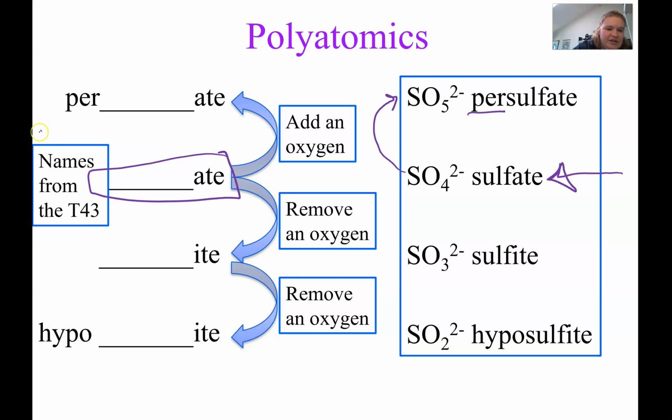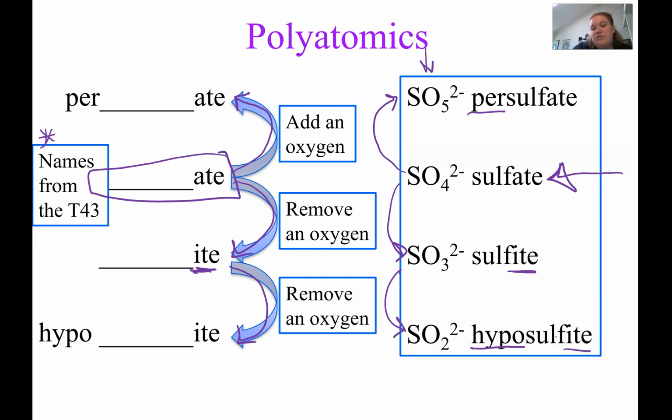So here's our starting point. Here's 8. These are the names from the T43. If we add an oxygen, we add per to the front of that name. Now notice the charge doesn't change. Everything in this column here is a 2- charge. We're changing the number of oxygens and we're adjusting the name. If we remove an oxygen, so we go from SO4 to SO3, it becomes sulfite. And then if we remove one more oxygen from that, so now it's SO2, it becomes